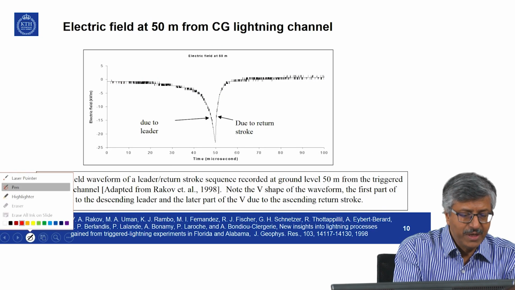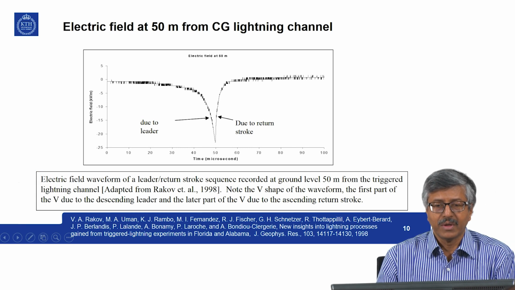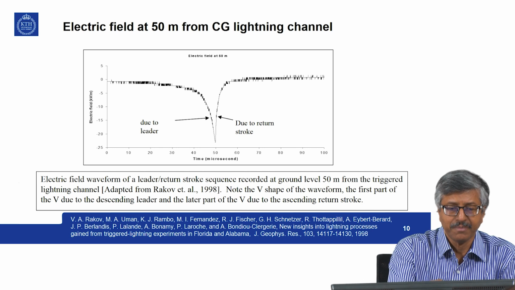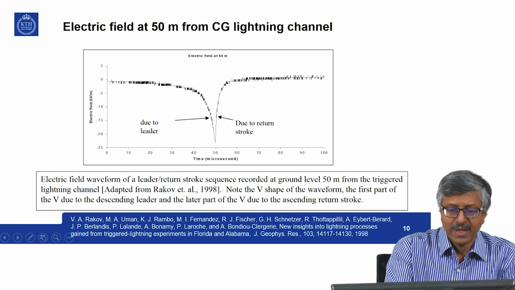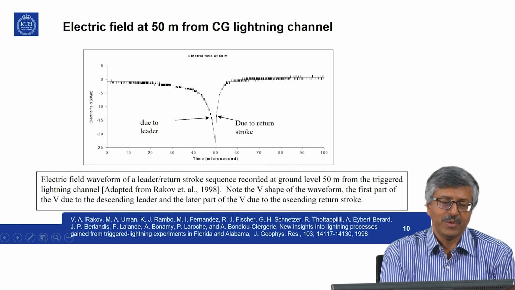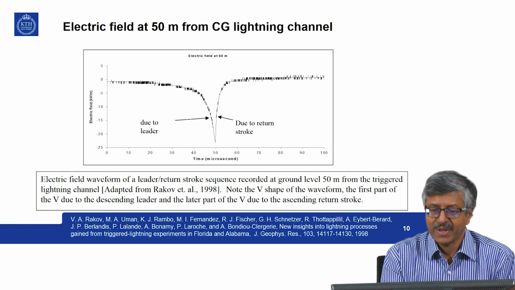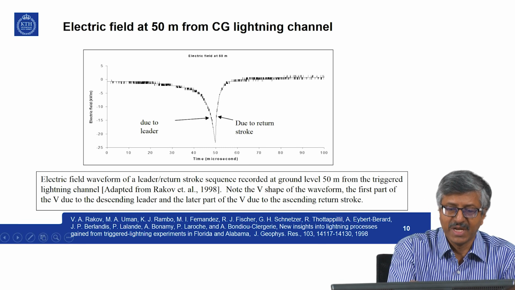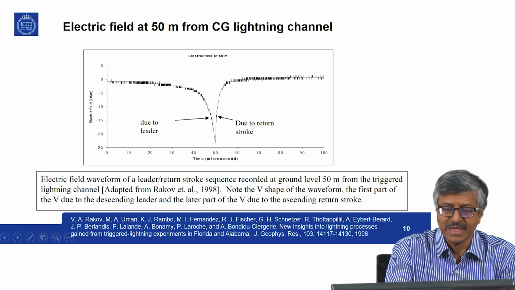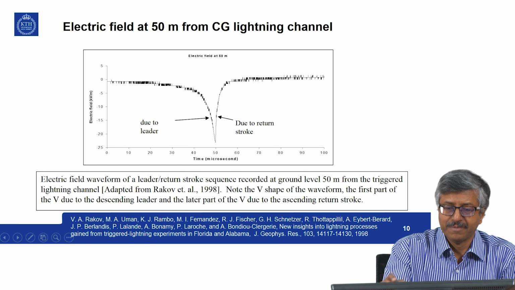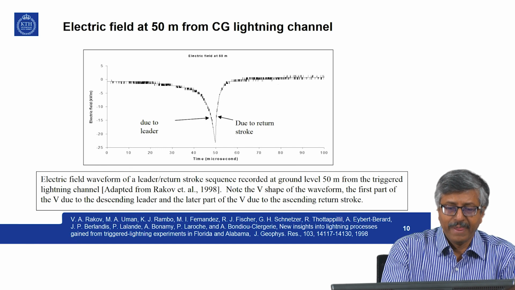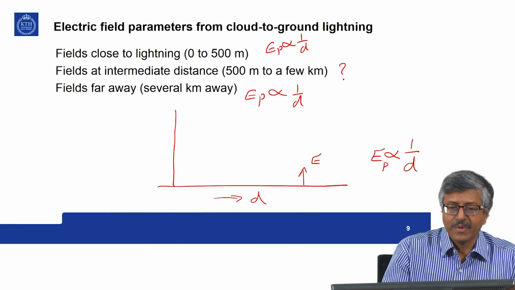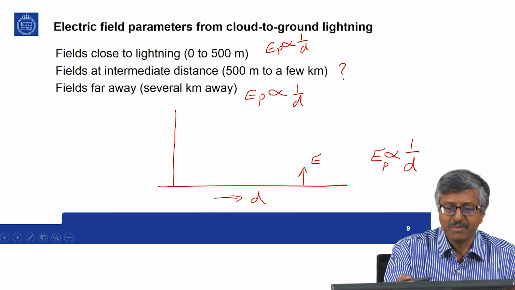So, electric field very close to the lightning channel, a picture is shown here. You have the leader that is coming down. And now here this is in microsecond scale, because you are so close to the channel, it is only a distance of 50 meter. So, this is the last several meters that you are seeing. Then you have the return stroke. So, this follows a very narrow bipolar pulse. This wave shape is also very different. Say up to 0 to 500 meter, often